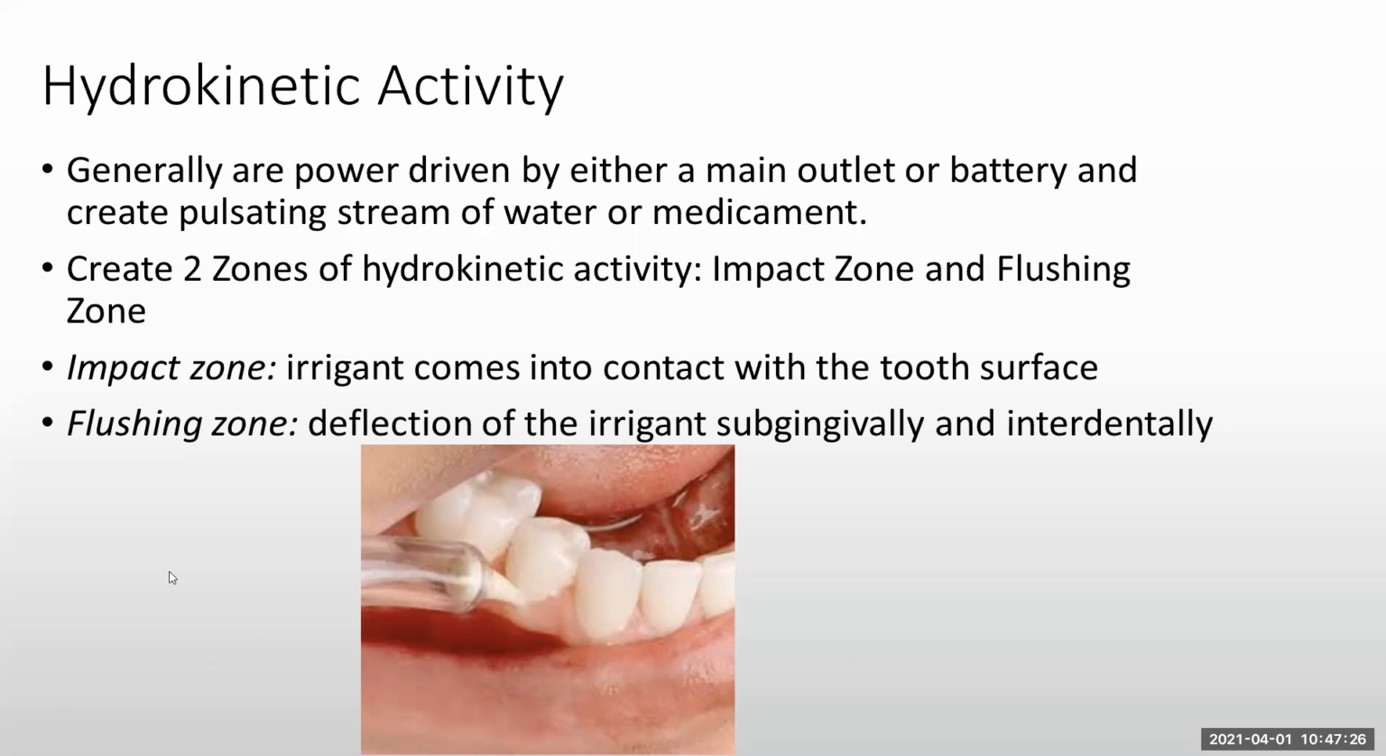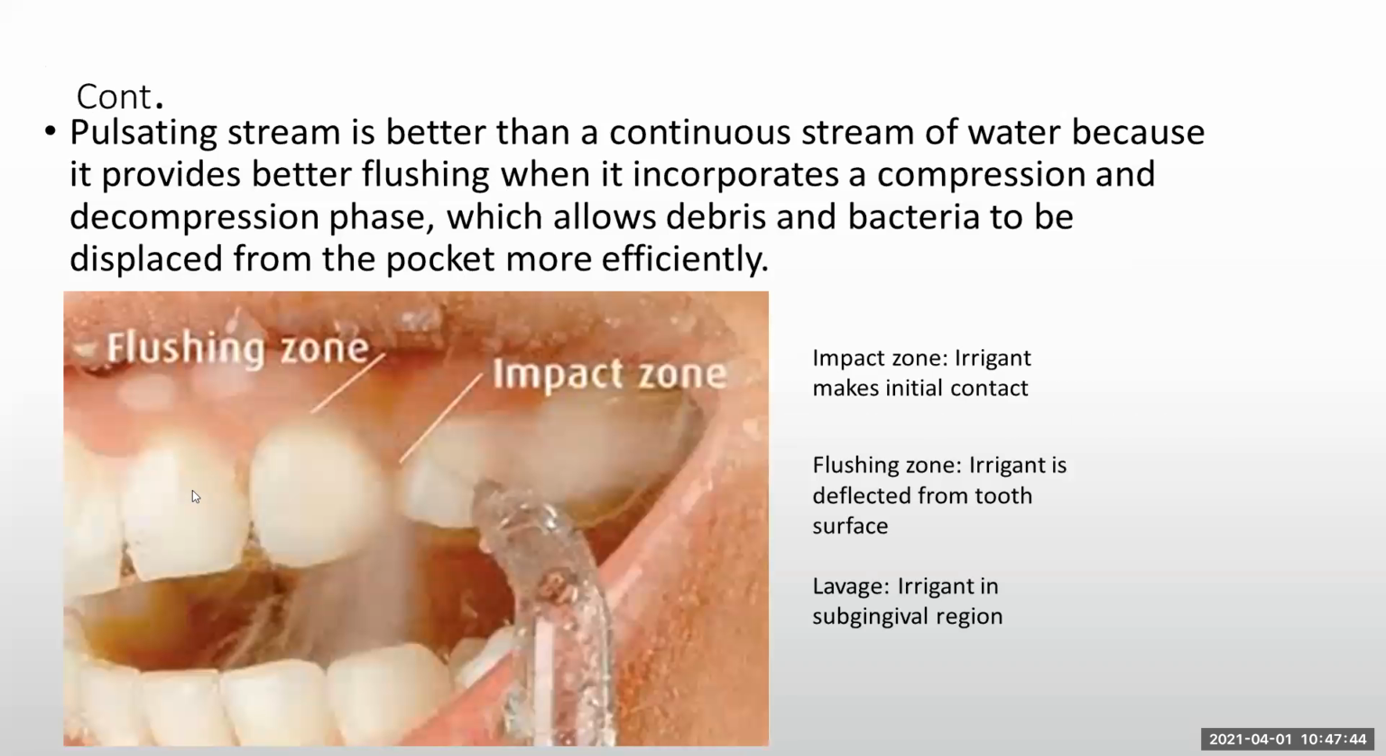This is something that I recently added last year because this was on the boards. Impact zone and flushing zone. The impact zone is when the irrigant comes in contact with the tooth surface. The flushing zone is deflection of the irrigant subgingivally and interdentally. So the flushing zone goes deeper